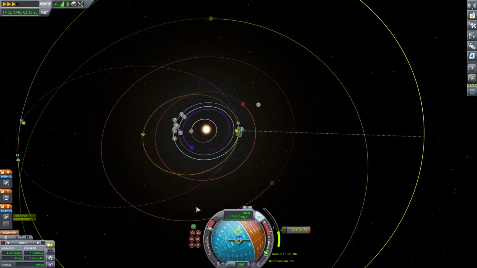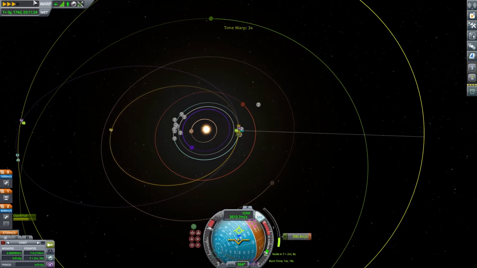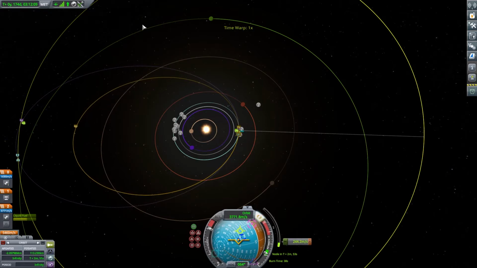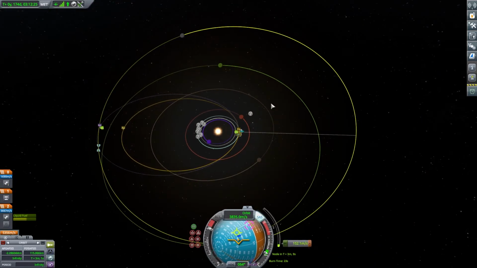That was, I probably didn't need to do as much as I did. So the burn for Eeloo even sped up, and this is 4 times normal speed right now. Even sped up, a single nuclear engine on a tiny craft like this takes a long time. You'll see we spend time just getting out there,